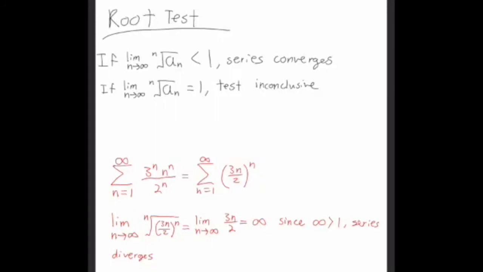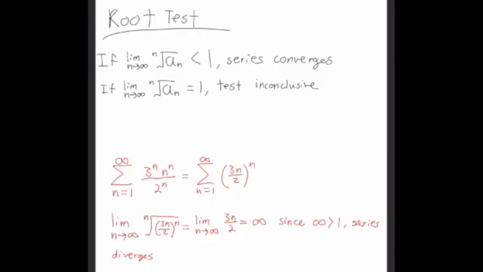Except you use a root instead, where the limit as n approaches infinity of the nth root of a_n. If it's less than 1, the series converges; greater than 1, it diverges; equal to 1 is inconclusive. So for example, if you have the series from 1 to infinity of 3^n times n^n divided by 2^n,